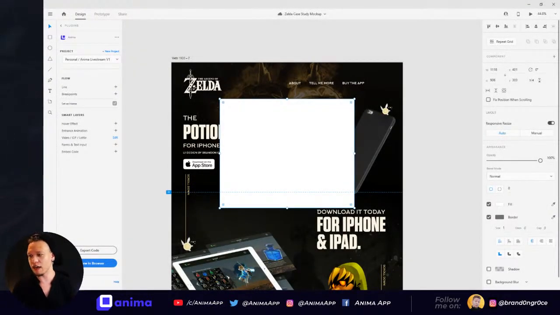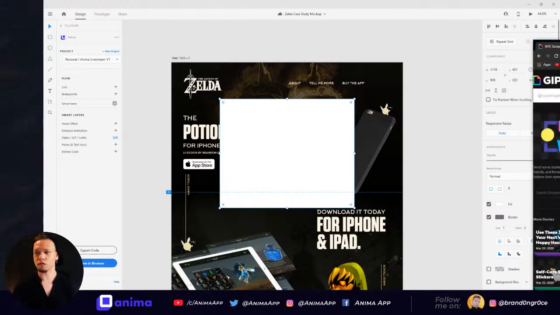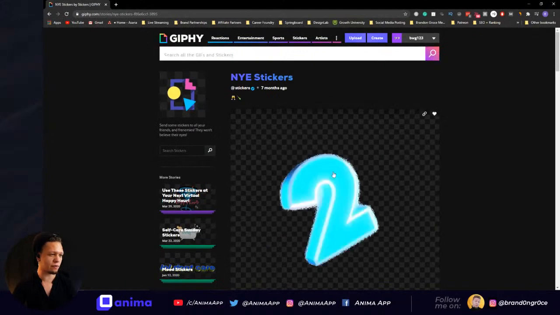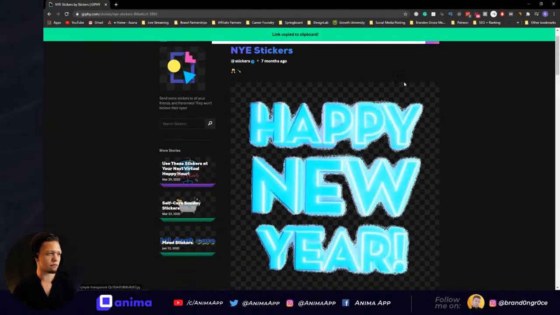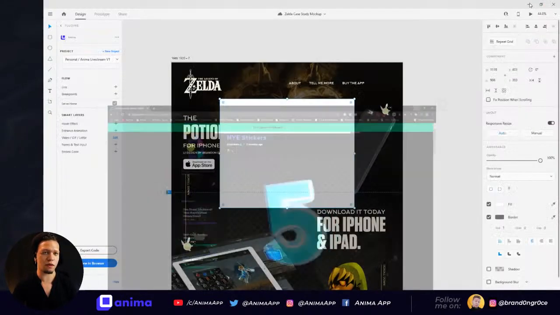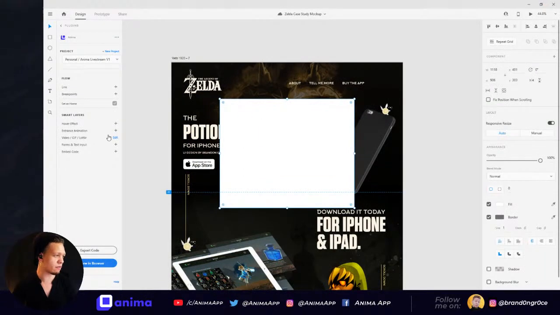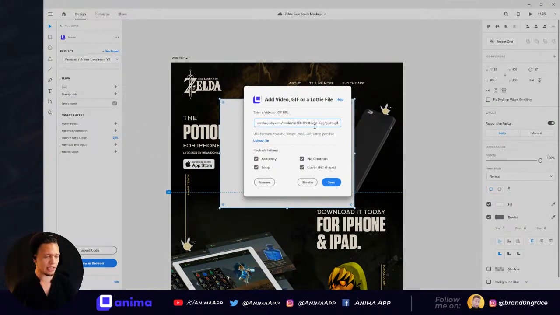So if I found, for example, let's do, I want to type in transparent really quick. So if I wanted to grab something like this, for example, right? I'm going to copy it to my clipboard. I'm going to minimize that. I'm going to come in here, edit, and this is more than